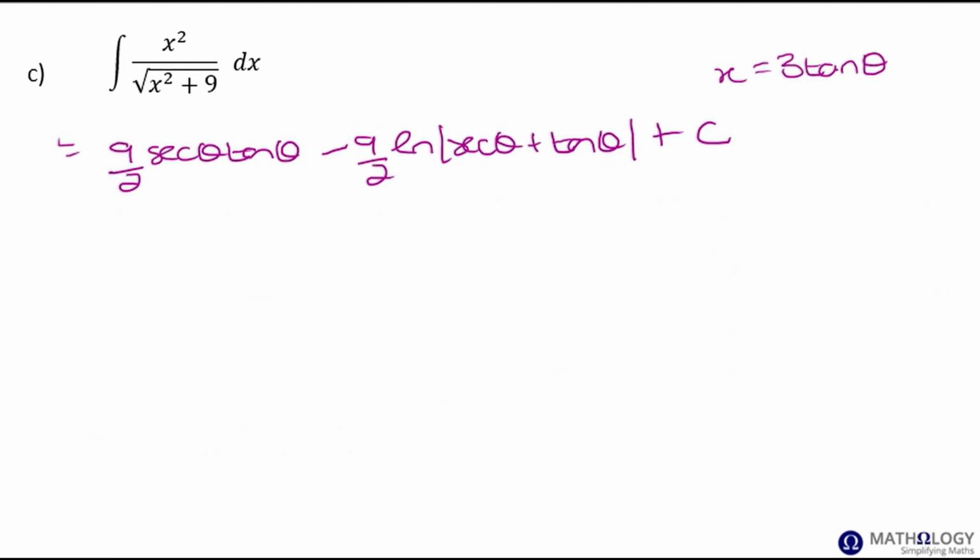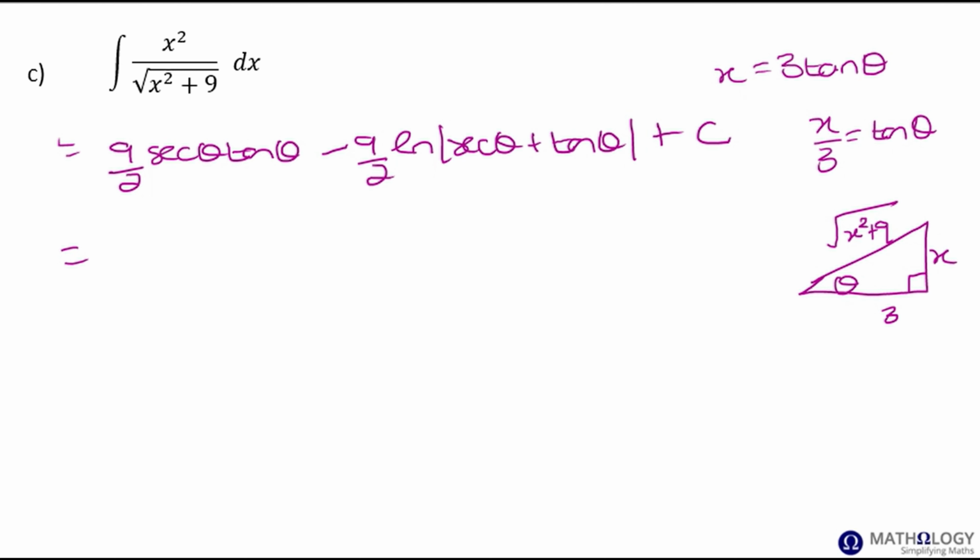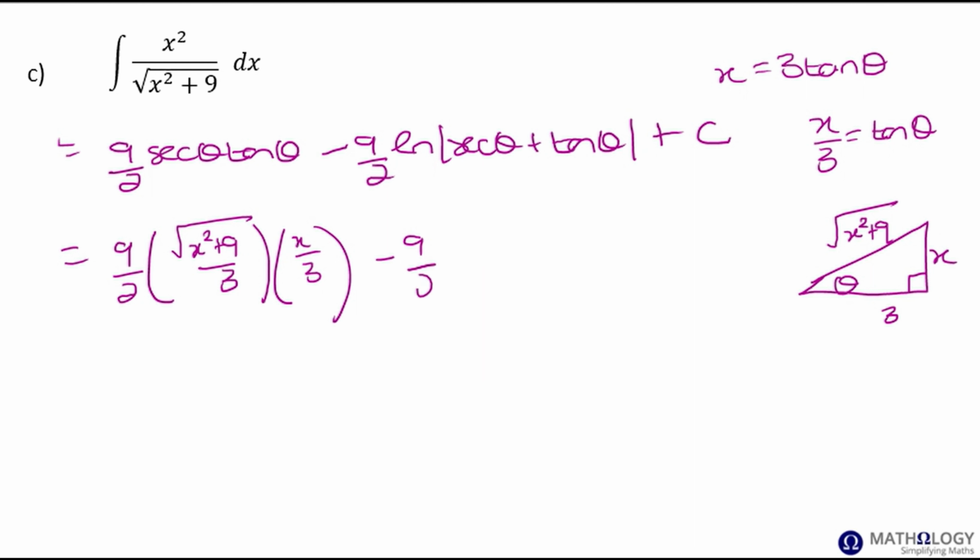We now need to use the substitution x equals 3 tan theta to then express this in terms of x. So x over 3 equals tan theta. So to find sec theta, we're going to draw a right angle triangle. Tan's opposite over adjacent, so x over 3, and then the hypotenuse will be root x squared plus 9. So we have 9 over 2 times sec theta is hypotenuse over adjacent, so it will be root x squared plus 9 over 3 times tan theta, which is x over 3,